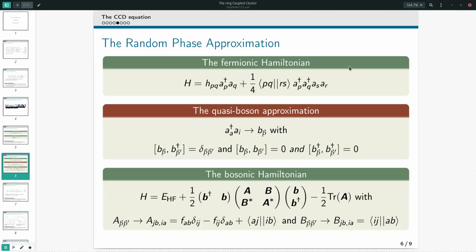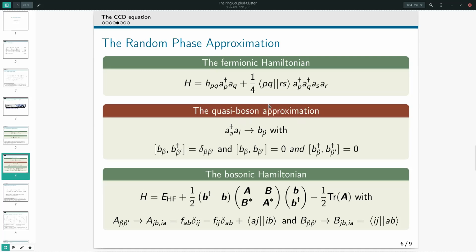And so that's the classical derivation for chemists, but there is another derivation, which Scuseria used to prove the equivalence. Here is our fermionic Hamiltonian, the usual one. You can make the approximation that your particle-hole excitations are bosons. That's not true, because those two excitations are not commuting. That's not the real algebra,